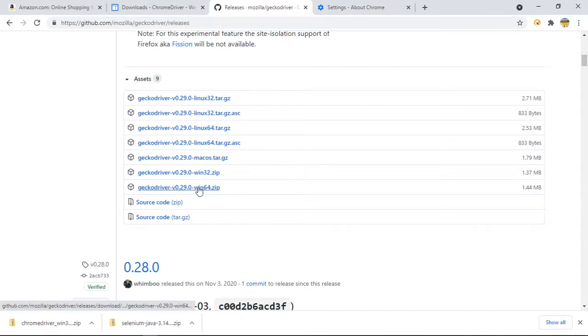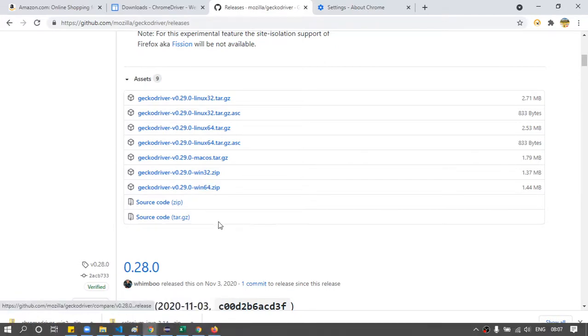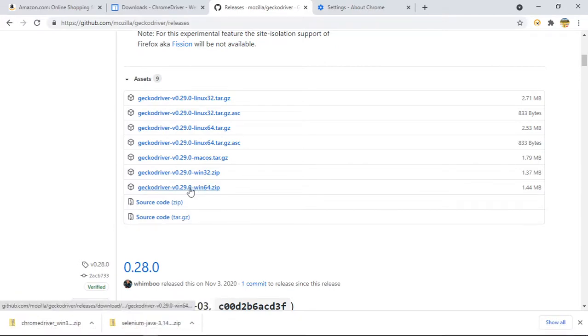I think we can go with the latest one. You can see Windows 64. This laptop is 64-bit, so I will download this one. Mac OS and Linux versions are also present. So let me click this. We are working on a 64-bit machine.